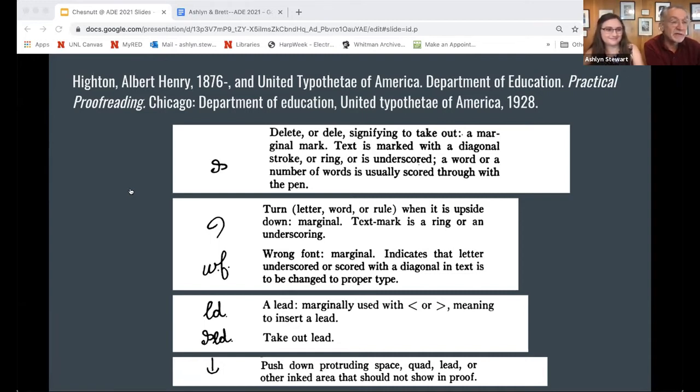Even though they're standard, conventionally agreed upon symbols, many of the symbols that Chestnut used on the corrected proofs have no standard character encoding. Ashlyn and I and other members of the team didn't always immediately recognize or understand them, but we had no great difficulty in locating them in reference works about printing. And this is an example. These are examples on this slide from a